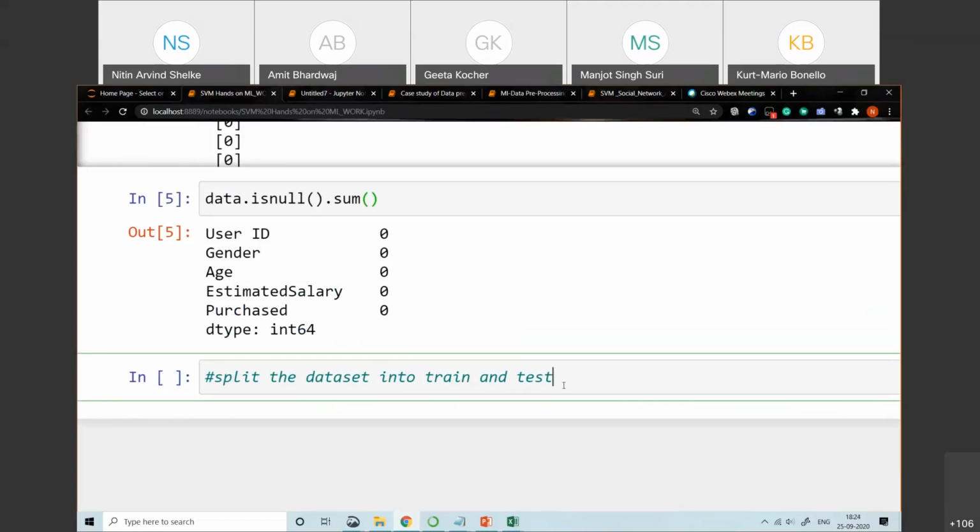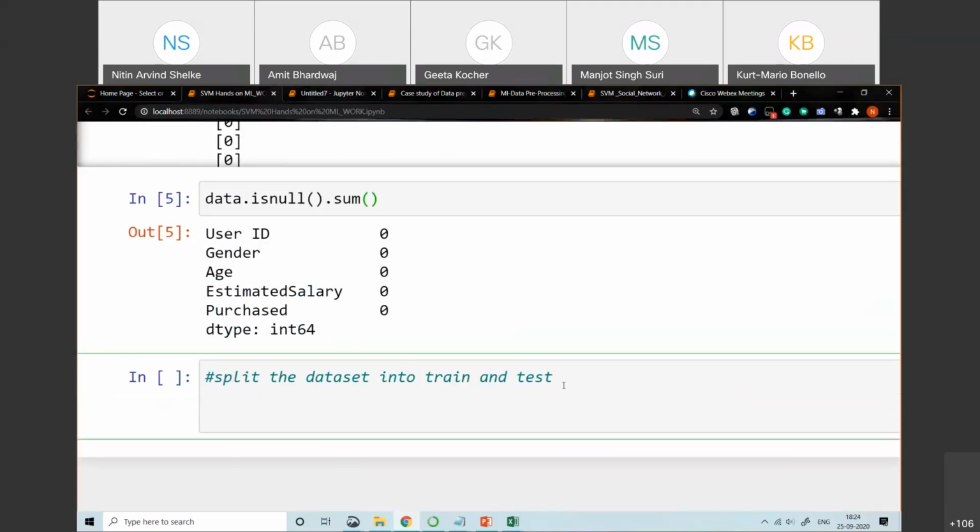Which class am I going to use for that, and from which library do we need to import it? Anyone? sklearn.model_selection. From sklearn.model_selection, we need to import the train_test_split class. Okay, wait a minute.